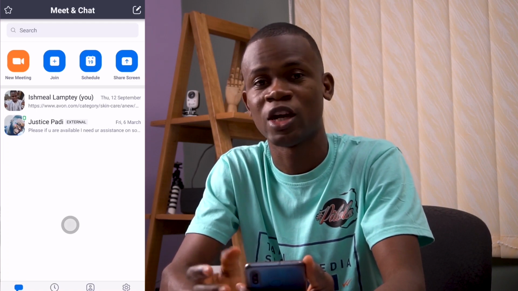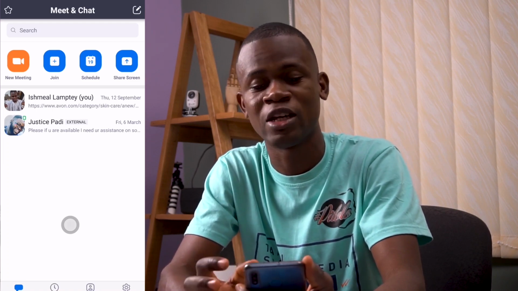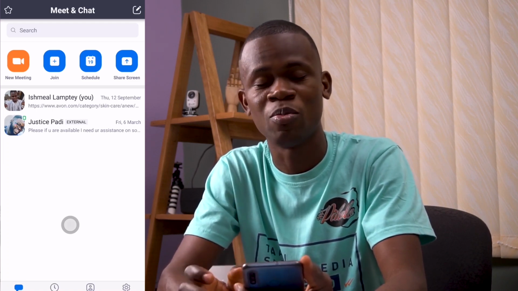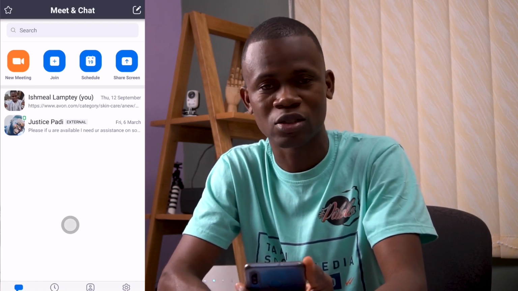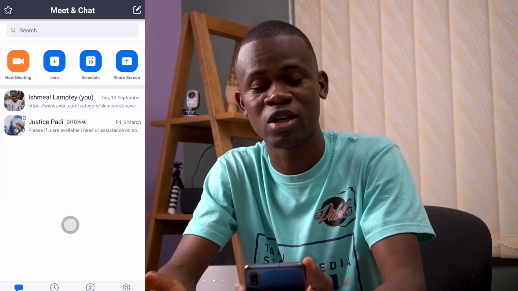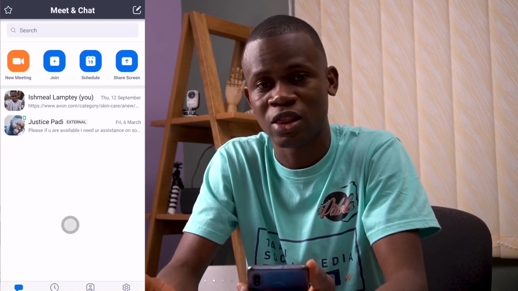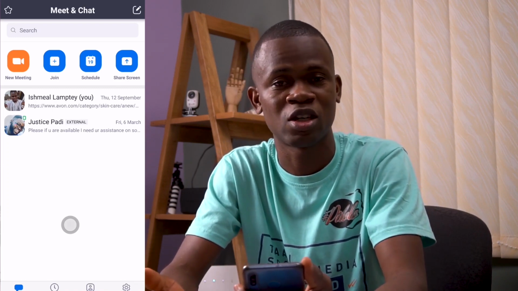Now, what I seem not to be so much happy about the Zoom app is that once you are, let's say, a participant and you're joining a meeting for the very first time, and in case you've not used the Zoom app before, it's sometimes a bit difficult finding your way out. You sometimes have to swipe to see the participant, in case you don't know that, because there's nothing showing that you have to swipe to see participant and the rest.